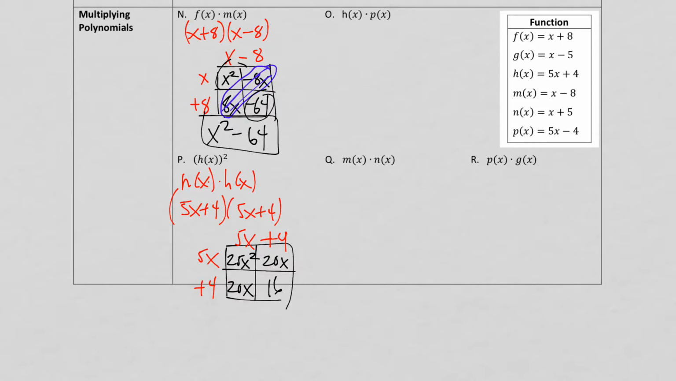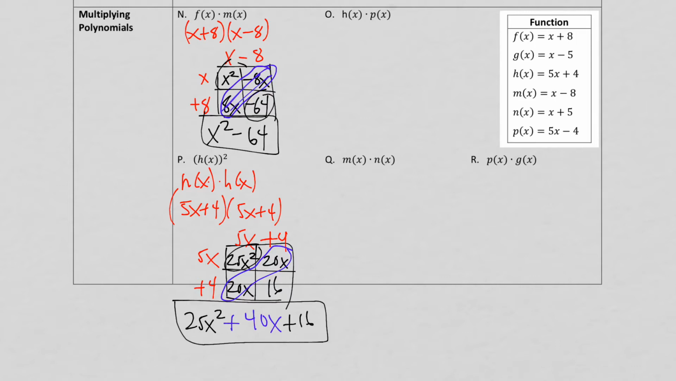Notice how in this case, now that I'm done multiplying here, I do have like terms, but unlike example n above, where I had opposites, here these are not opposites. Here they're the same, so I can combine them. So 20x plus 20x is 40x. So notice how in this case they don't cancel. And then I'm left with 25x squared up in front, and plus 16 here in the back, and then get